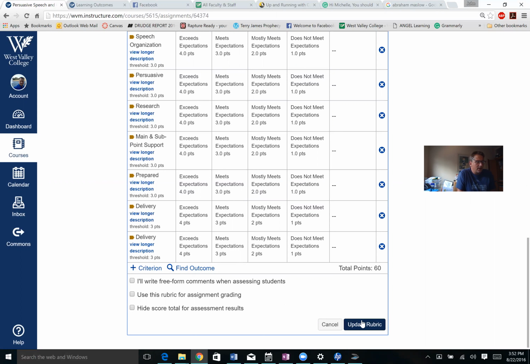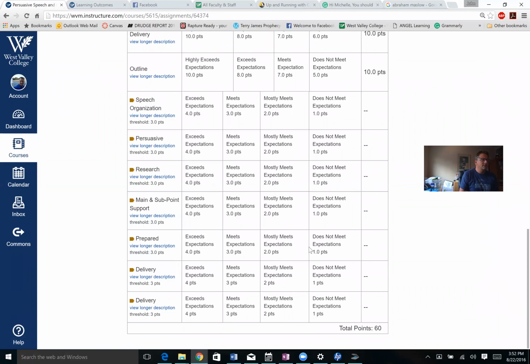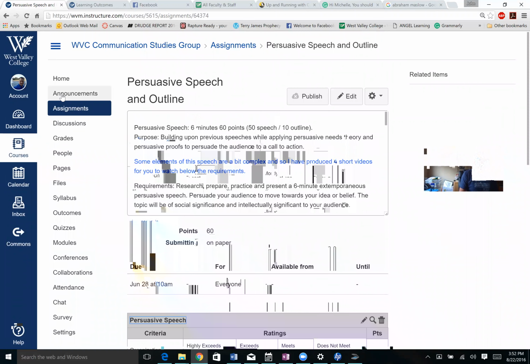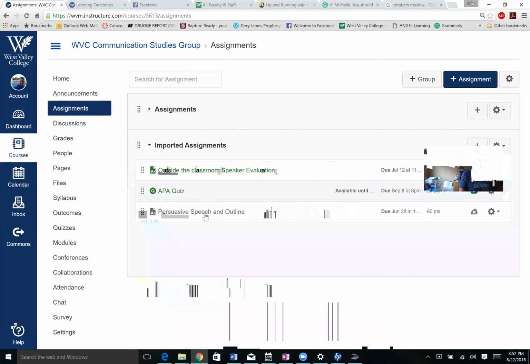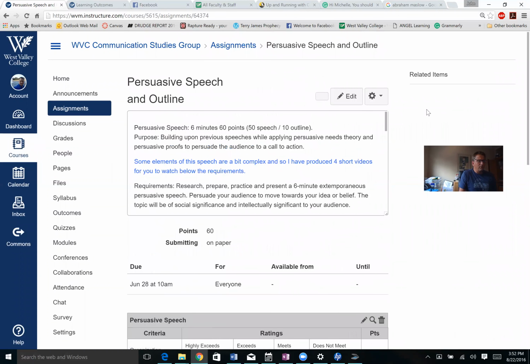So I'm going to hit use this rubric for assignment grading, and I'm going to update my assignment. Now when I go to my assignments, I will be able to grade based on the rubric for the persuasive speech and the criteria. And if we go to grades,